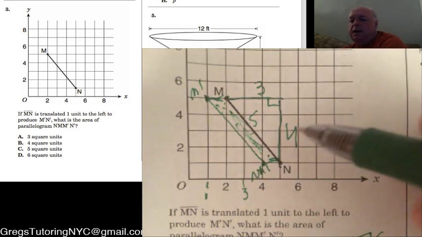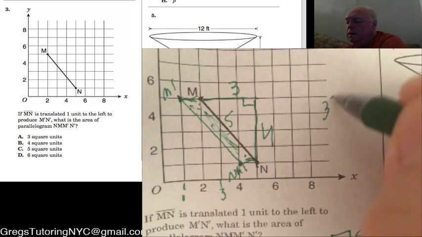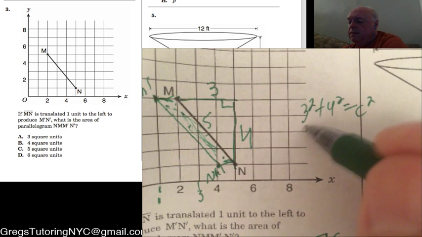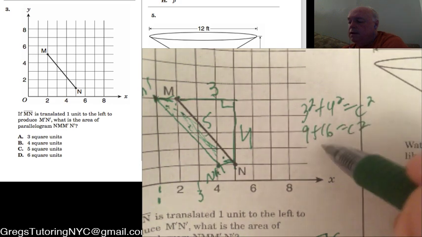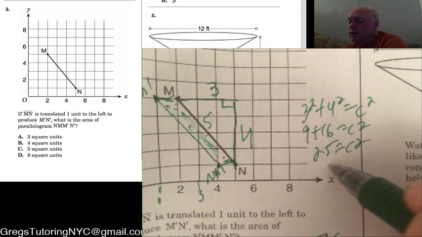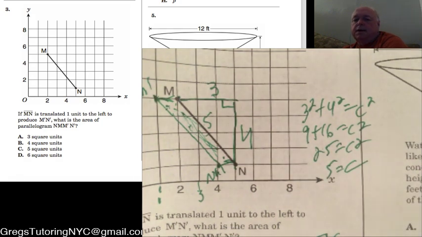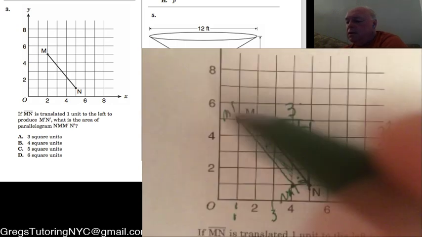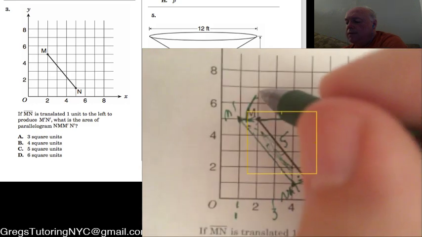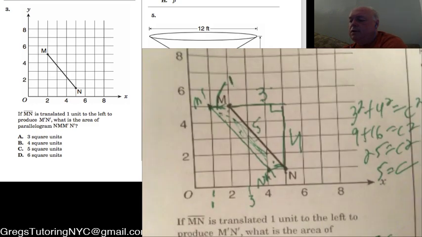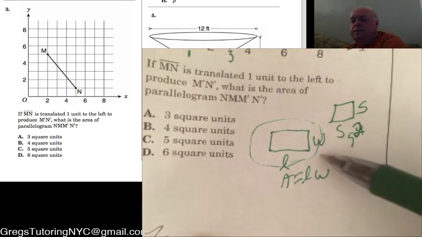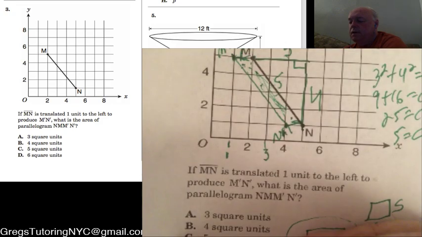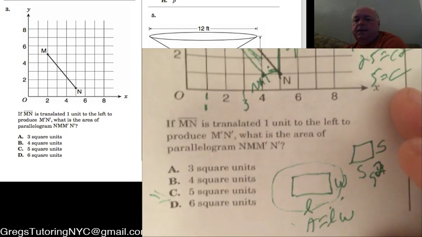You could also have done the Pythagorean theorem and got 3 squared plus 4 squared equals c squared, and this would have been 9 plus 16 equals c squared, and then you got 25 equals c squared, and then 5 equals c. Okay, so you have a couple of ways to do this. The best is just knowing this is a 3, 4, 5. And it told us it was 1 unit away, so we know the length of this is 1. So I think enough of you are going to use this here, the length times the width, and just do 5 times 1 and get 5, which would be c. Okay, that doesn't work